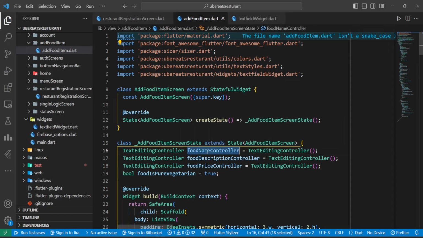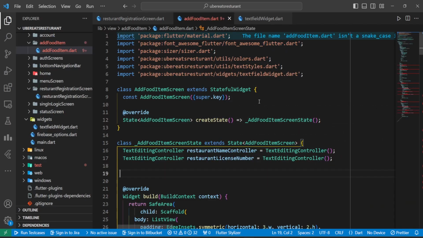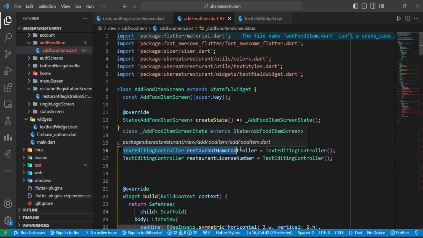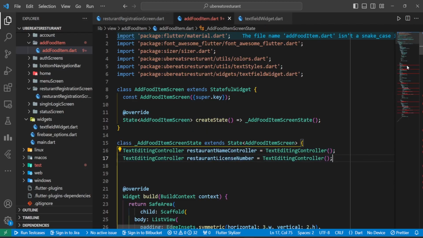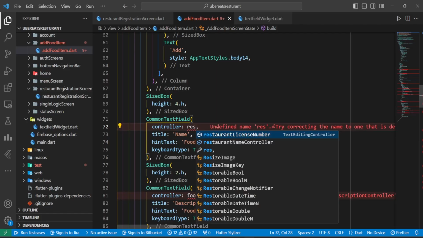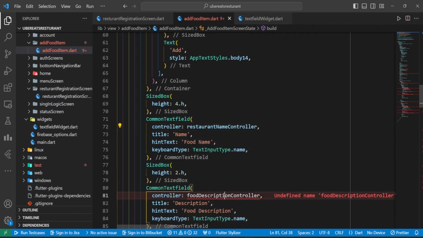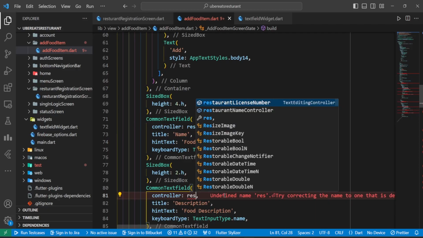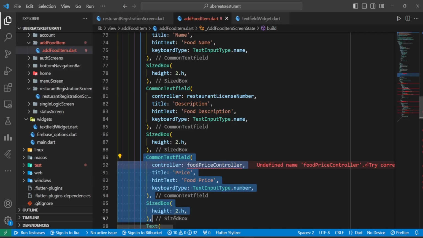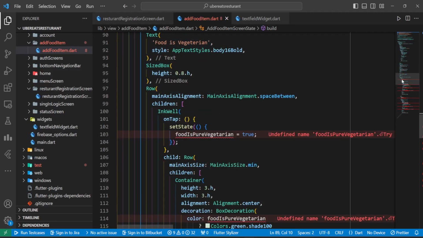And here we have to go with some controllers, that is text editing controller. Here we will be rolling out with only two text editing controller. So they are restaurant name and restaurant license number. That's must. Now the next thing is that here we have to update this thing. So it's going to be restaurant name, and next it's going to be restaurant license number. Yeah, these two will work great. Now we have to remove the third one, and here,